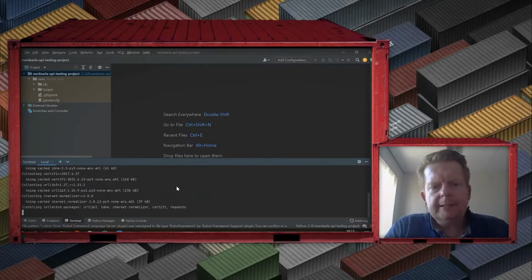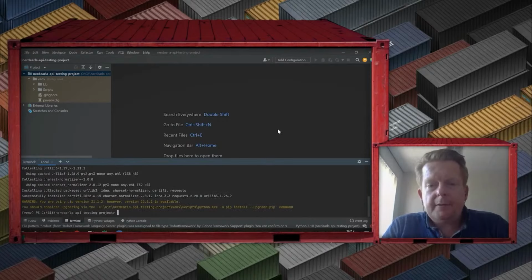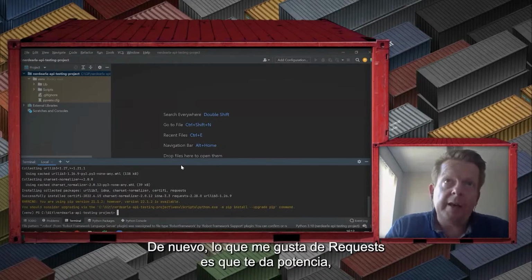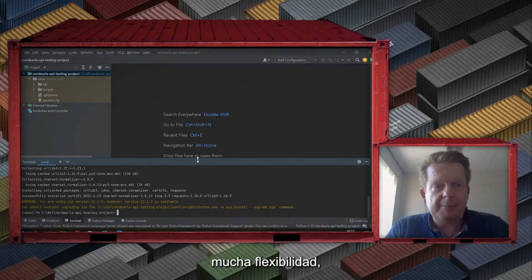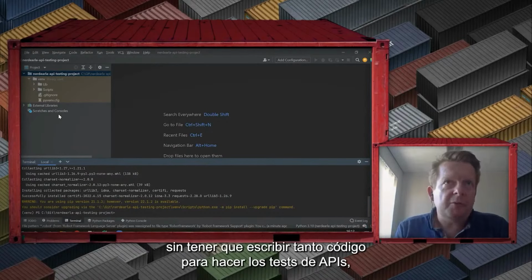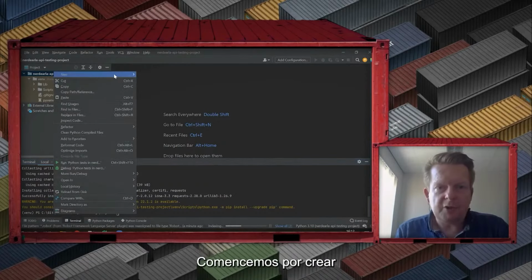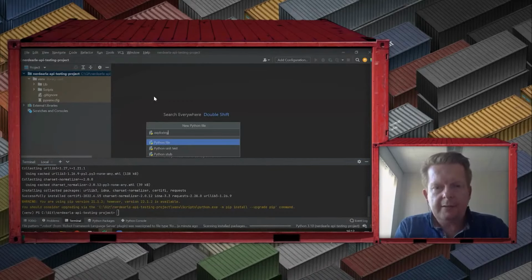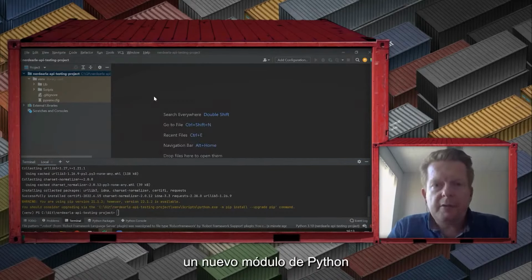What I like about requests is that it gives you a lot of power, it gives you a lot of flexibility, but you don't need to do a whole lot of coding to write tests for APIs, which I'm going to show. Let us start by creating a new Python module,